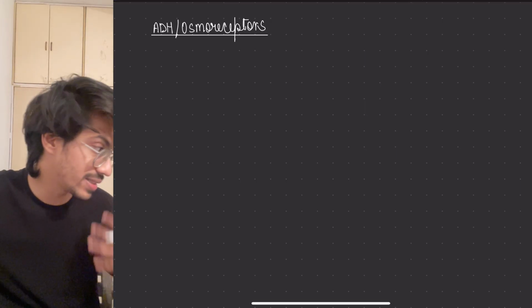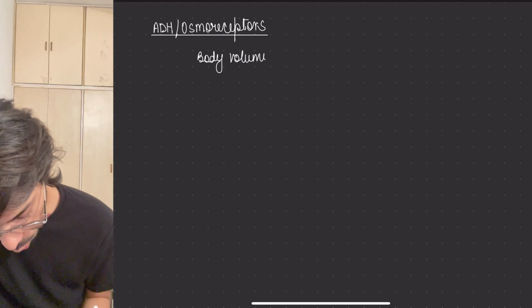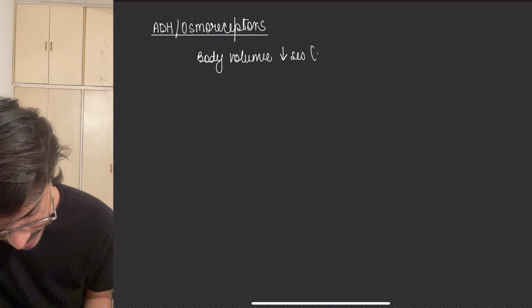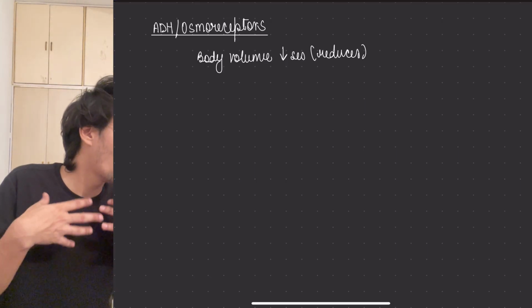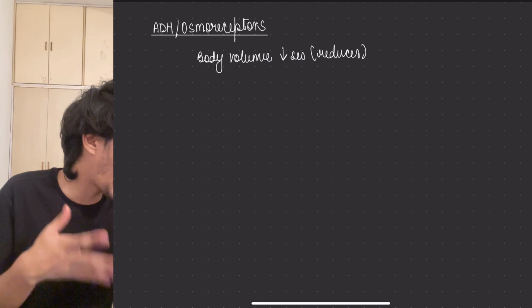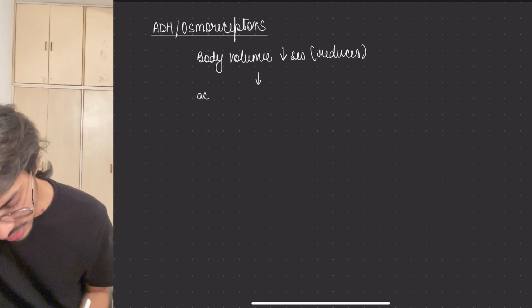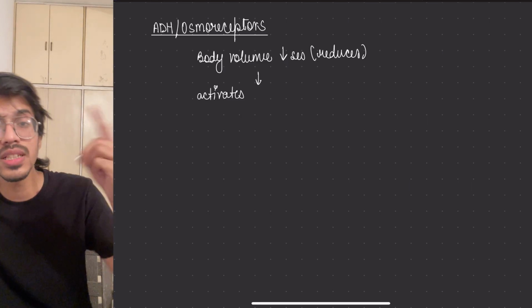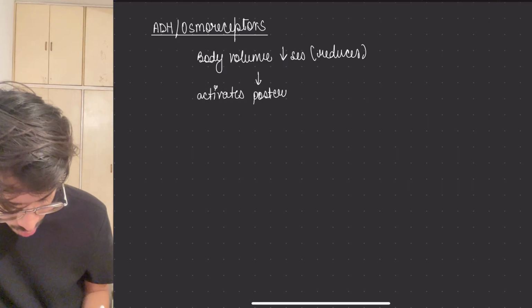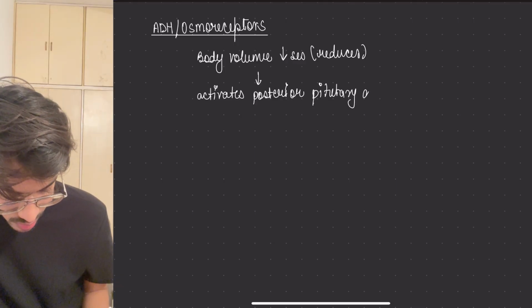So what happens? The NCERT says that when your body volume decreases or reduces, certain osmoreceptors become activated. And what are these osmoreceptors? They activate your pituitary gland. Which pituitary gland? The posterior pituitary gland. This is very important: it activates the posterior pituitary gland,